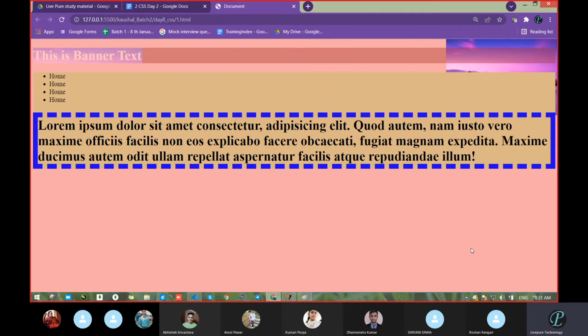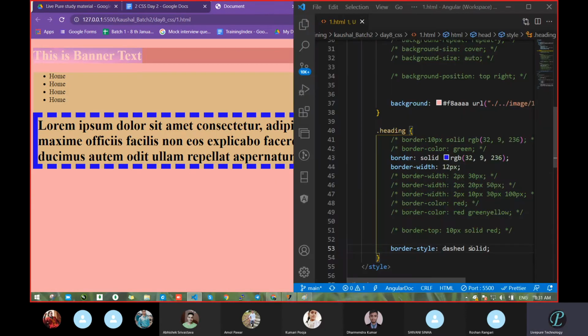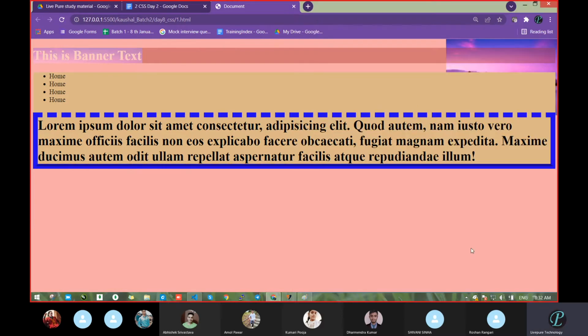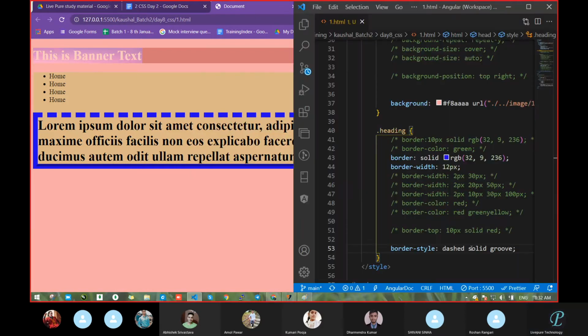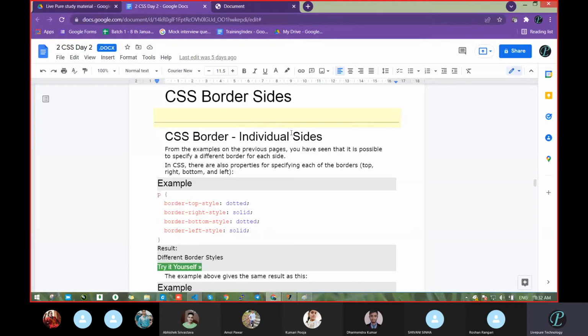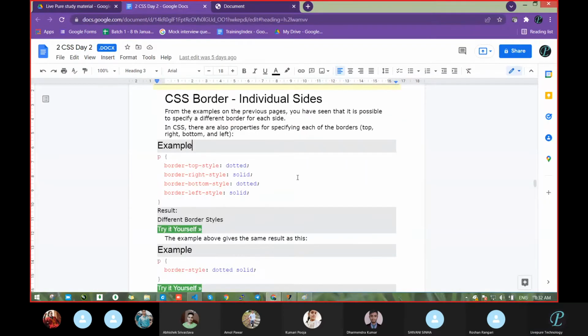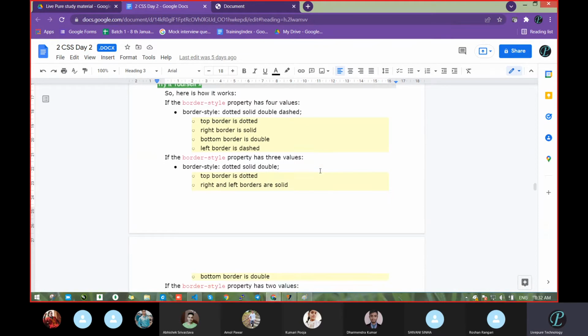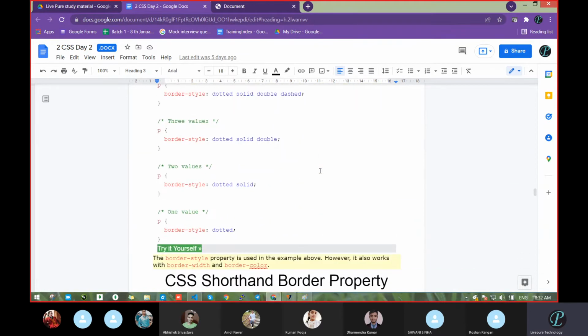Top and bottom same, left and right changed. Take another. See, top, left and right same, bottom is different. Like this way we can take all the properties. Clear? Anyone want any more help? Tell me. So this way we can go with different styles of the border.